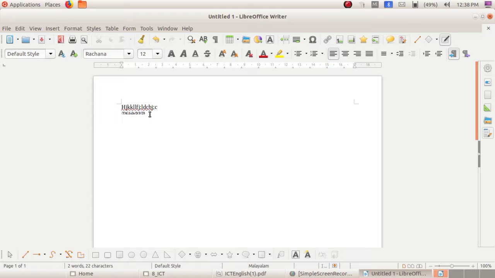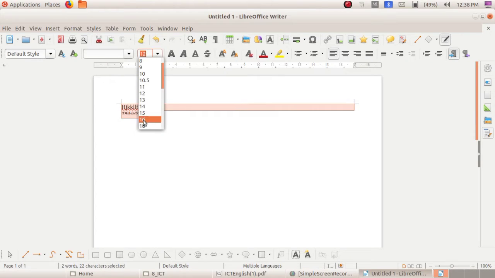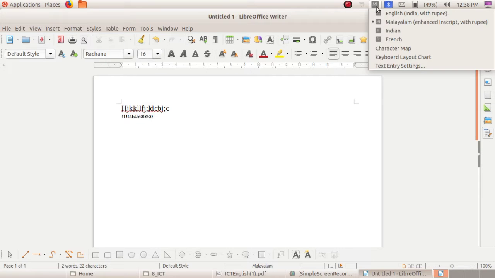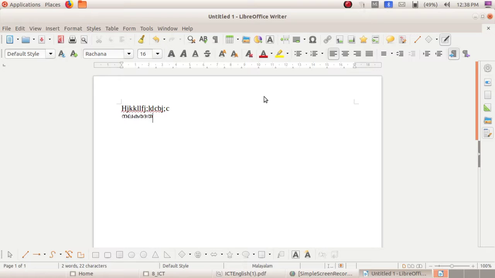So, did you study to change it into Malayalam? How can we change? Yes, select the keyboard indicator and from the drop down menu you can select Malayalam as a language.